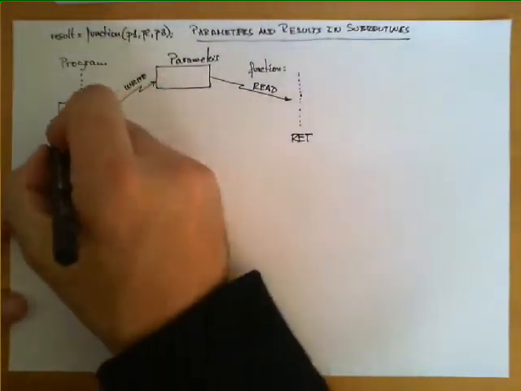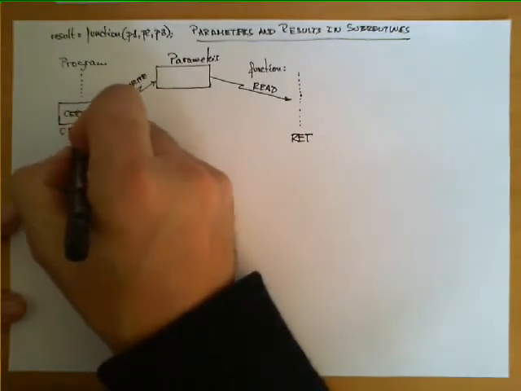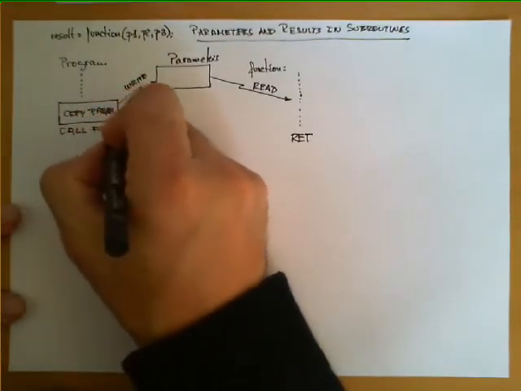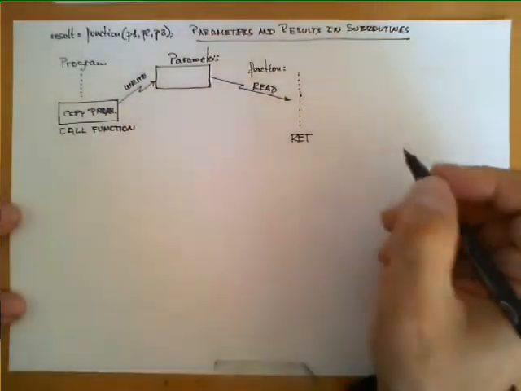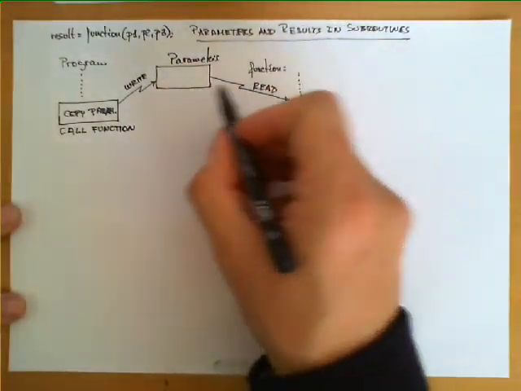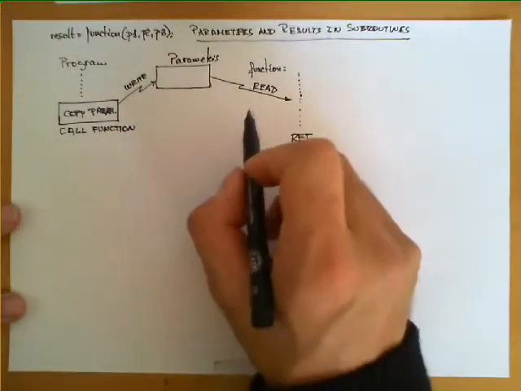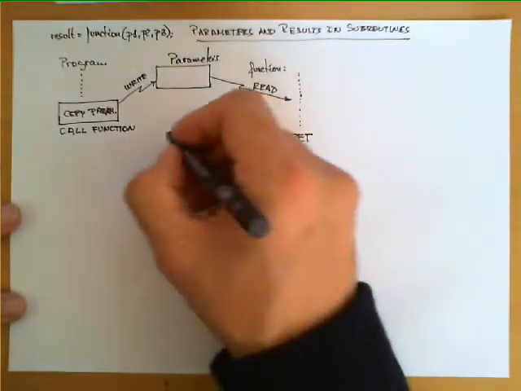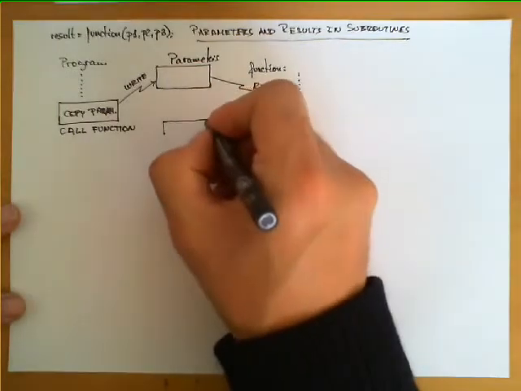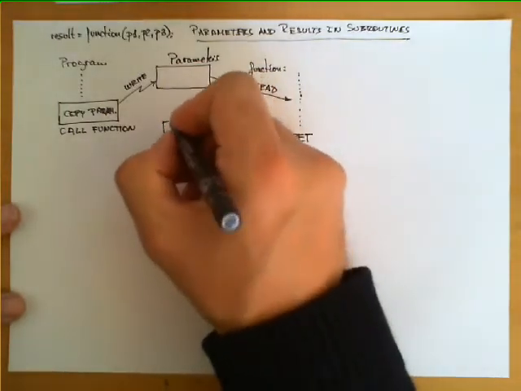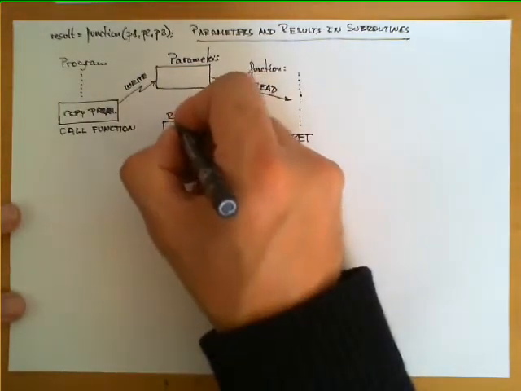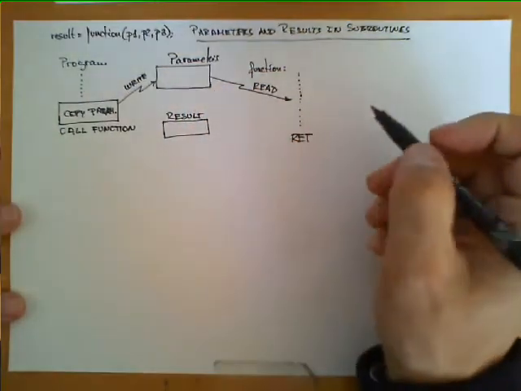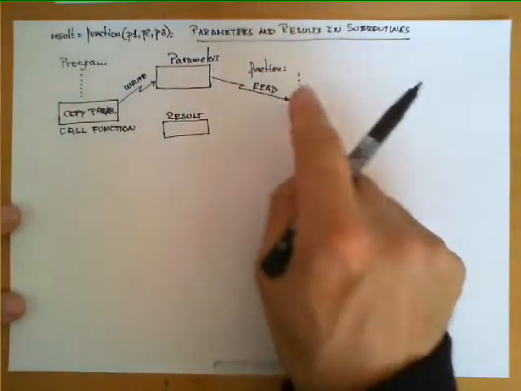After we copy the parameters, we need to call the function, the subroutine, and during this calculation, as we said, the parameters will be accessed from here. But additionally, after the calculation is done in the subroutine, we need to define another area here, which is where we're going to store the result, which has to be equally accessible both to the function and